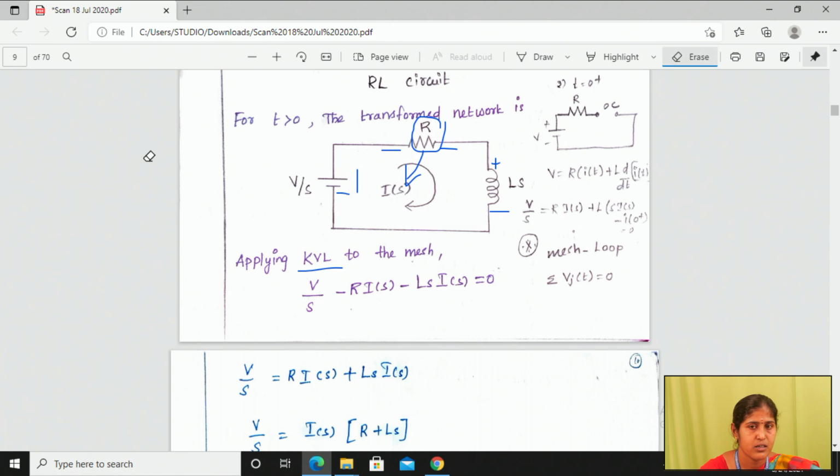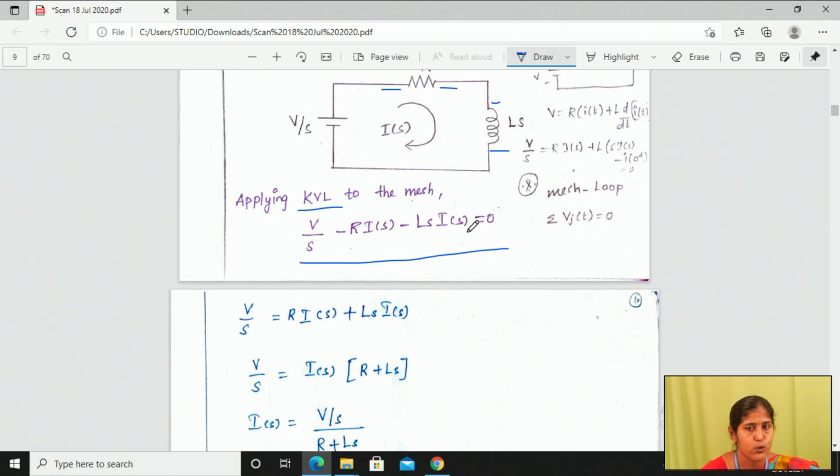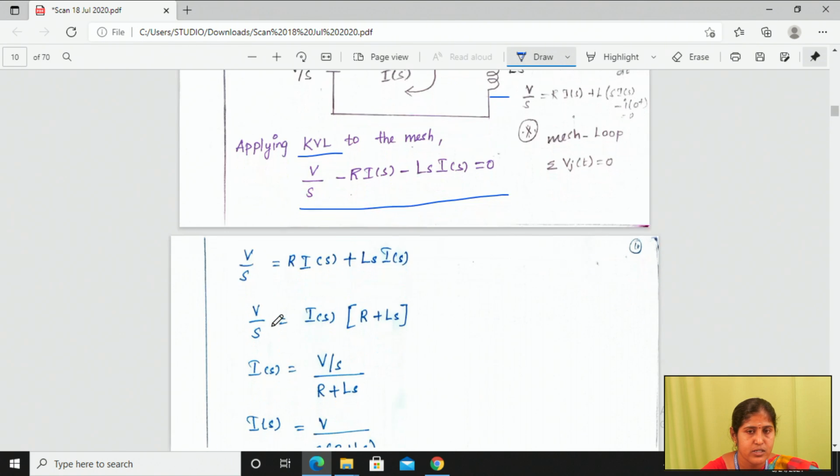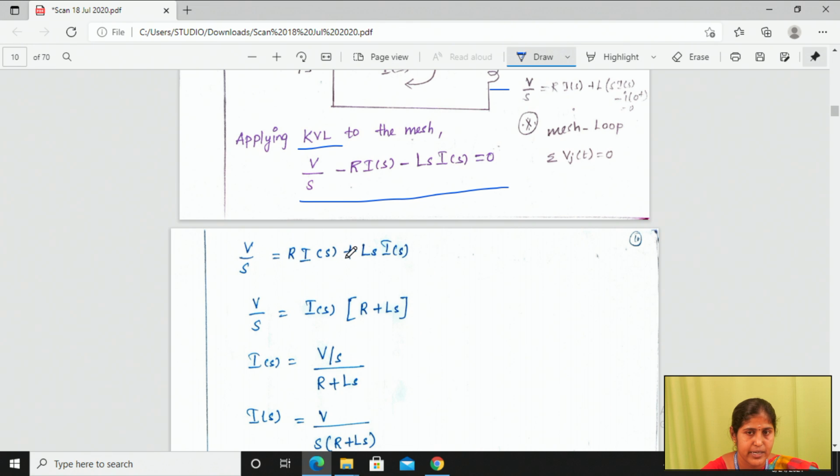Is it clear? Everyone can understand how we can frame the KVL loop? Yes. So in this function, after finding your KVL expression, what we have to do? We have to find out I of s. That is the important thing. Okay. So you see here, now you have to move this equation to the left hand side as well as right hand side. V by S which is equal to R into I of s plus Ls into I of